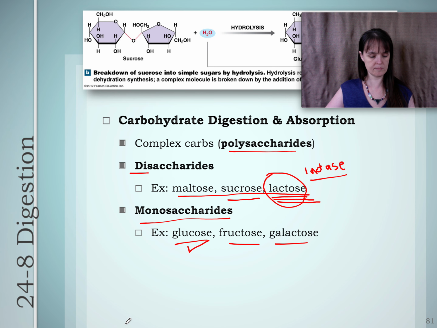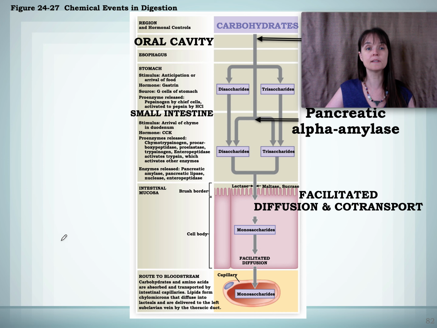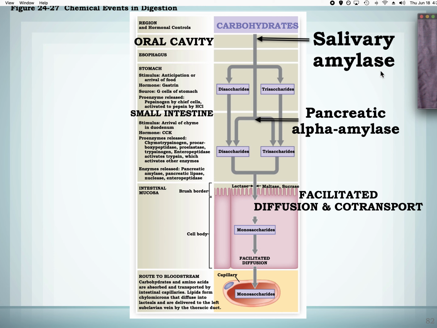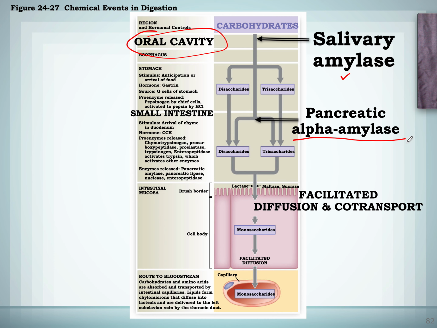All right. Back to the note set, and we should switch slides here, I believe. There we go. Complex carbs, we already said that. Complex carbs are broken down by salivary amylase, which I think is behind my head. Move head. Thank you, head. Salivary amylase in the oral cavity, as we have discussed, in the mouth and stomach, and by pancreatic alpha amylase, which is part of the pancreatic juice, in the duodenum.